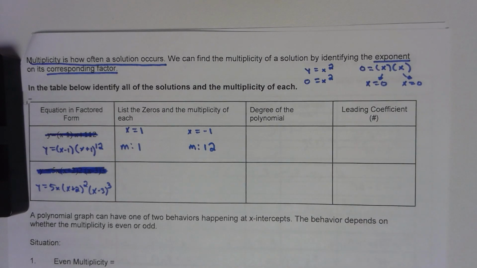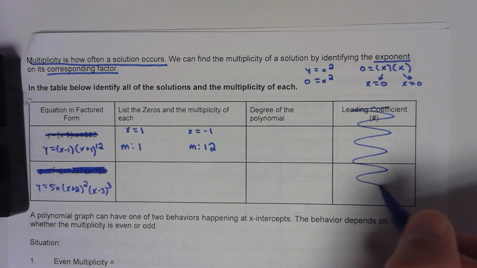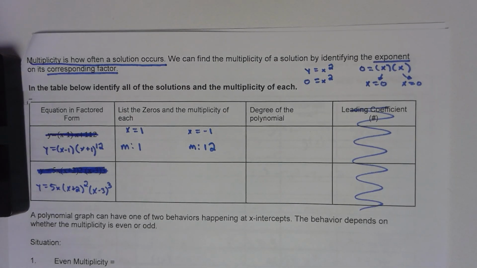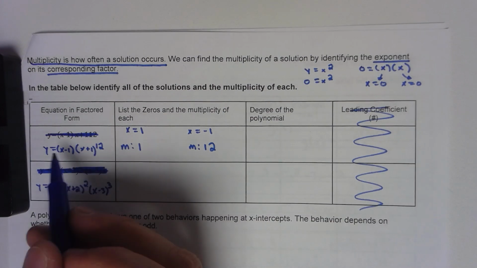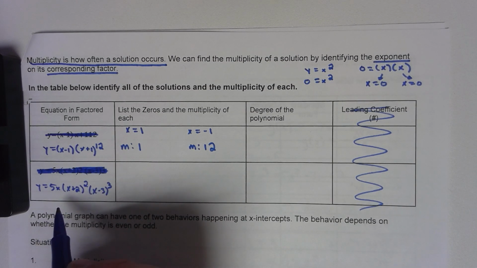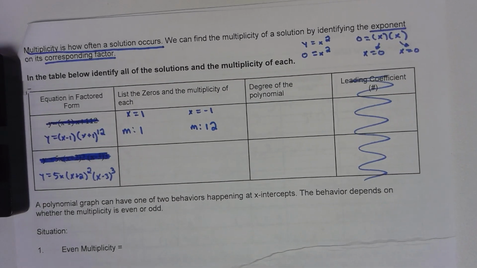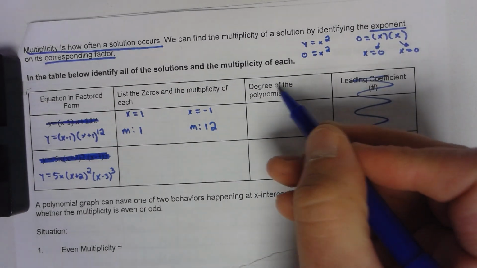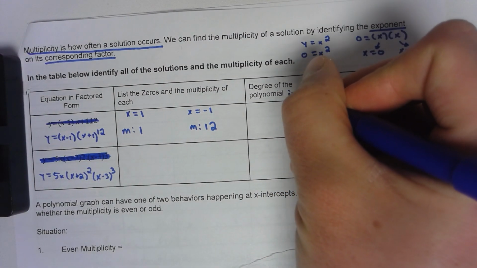Now let's skip the leading coefficient. We'll come back to that later because it's a little more complicated. The degree, and this is where I start to get students confused. It's the largest exponent, but when everything's multiplied out, these equations are in what form? Factored form, so they're not in the standard form. Everything we did on the front page of these notes was all in standard form. So if we want to find the degree of the polynomial when it's in factored form,